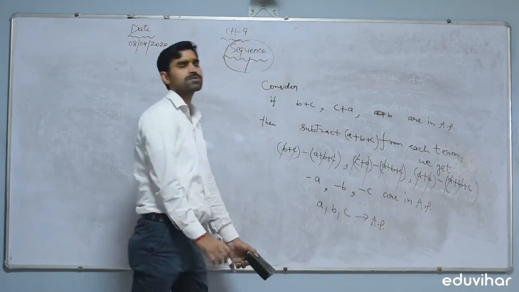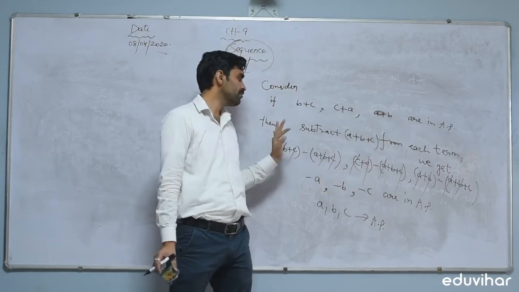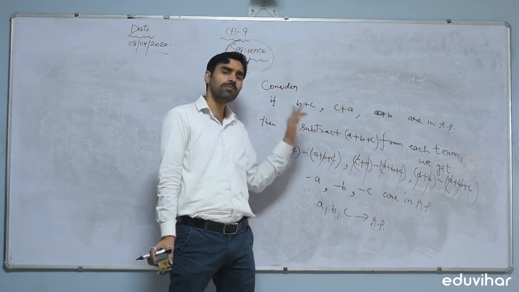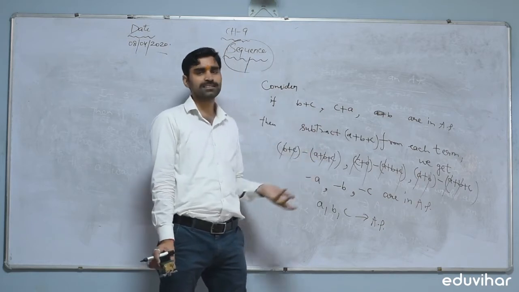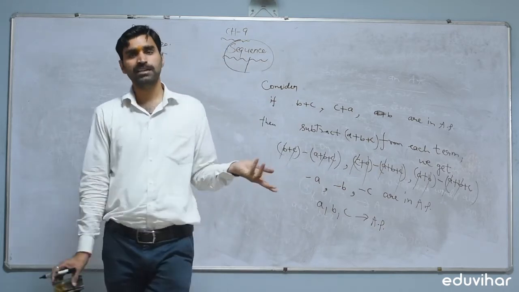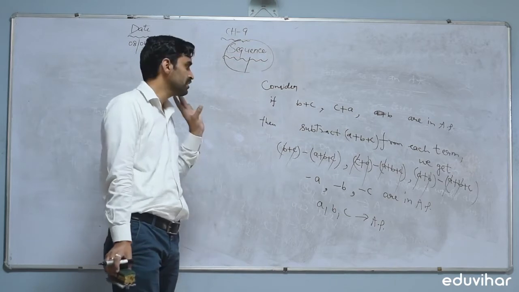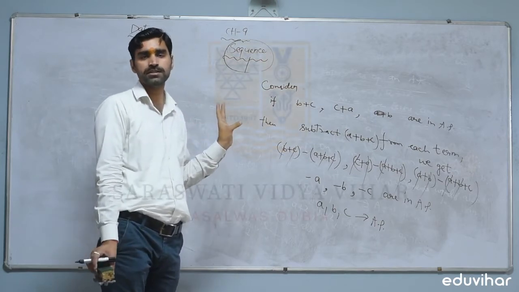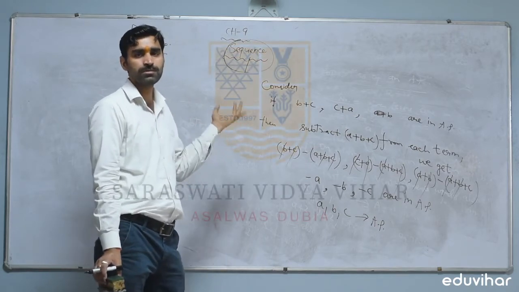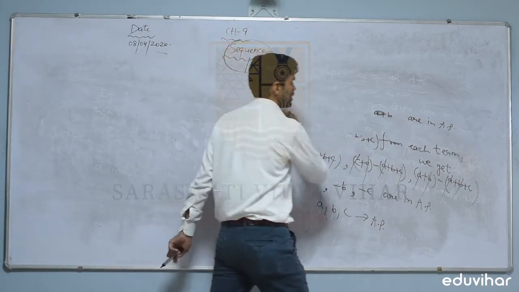That is, we observe that when three terms are in AP, then we can subtract, add, multiply, divide by the same quantity, and the resulting new sequence would always be in AP. In case of division, you have to always remember that the number must not be 0, because something upon 0 means an undefined term. Okay, next concept.